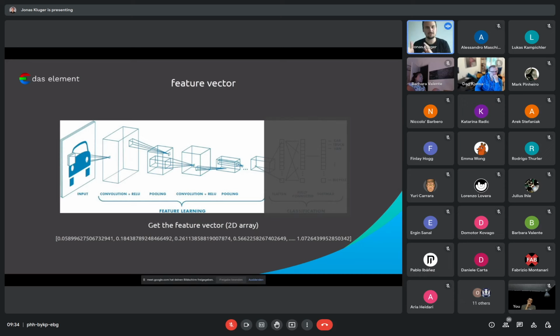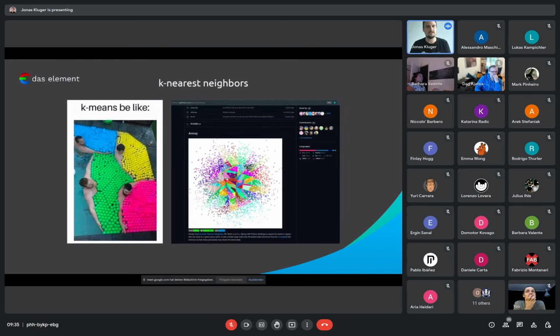And now we used a deep learning model, but we continue now with a regular machine learning algorithm, which means we can apply something called K nearest neighbors. I think the guys in the pool sum it up pretty well. The feature vector is just a big list. And if you have two lists, you can compare them to each other. And if they are somehow similar, they are most probably in the same category.